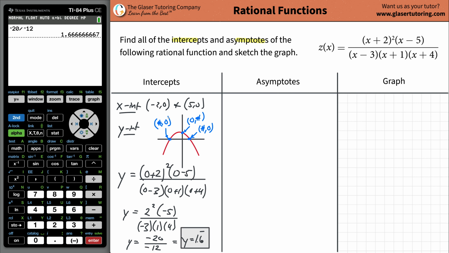First, let me find the vertical. Then let me figure out whether we have horizontal or slant. And then if it's horizontal, there's one way to do it. If it's slant, there's another way. So in terms of vertical asymptotes, all you're going to do to find the vertical asymptotes is you take your denominator and you set that bad boy equal to 0. All right? And the reason for that now is, one second, let me just make sure I write that down right,